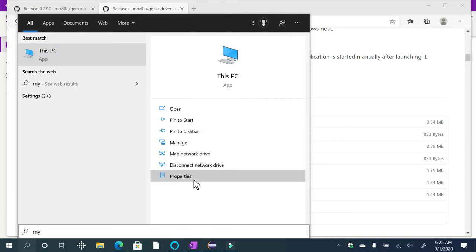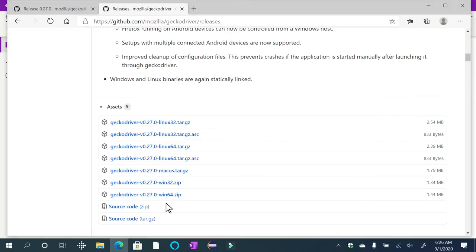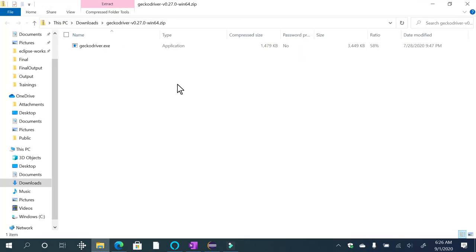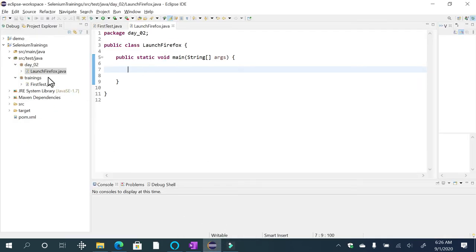Okay, go to properties. You see, this is my 64-bit operating system. Close this, and download the 64-bit version, and this is downloading. Okay, so open this file. This is geckodriver.exe. As a best practice, as I said in my earlier first class, you need to place